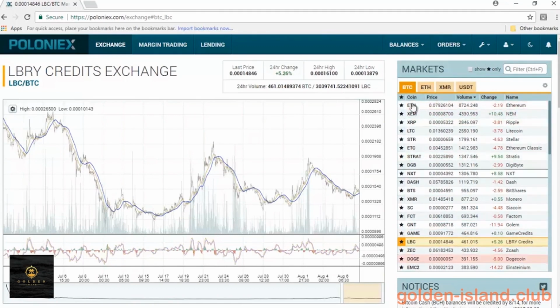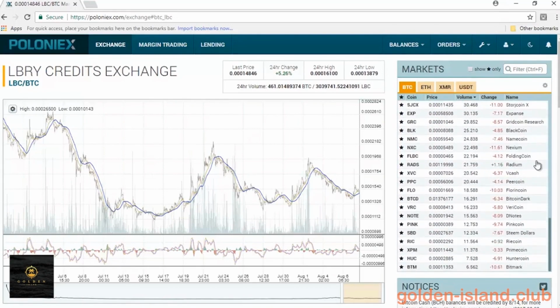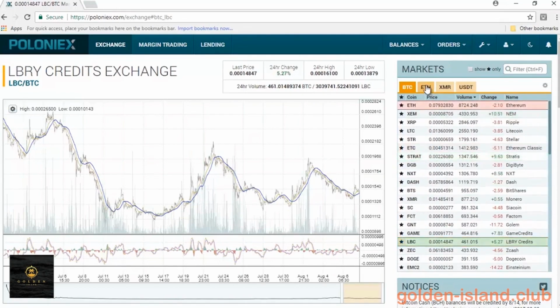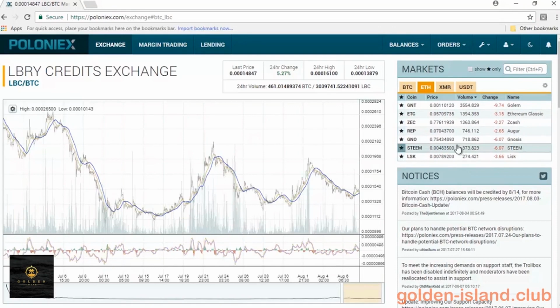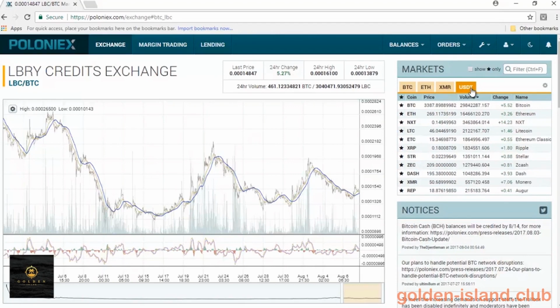Now, of course, Bitcoin is the largest market. And so you'll see various altcoins or different cryptocurrencies that you can trade using Bitcoin. Then Ethereum. There's a couple of options using Ethereum, trading directly with and from Ethereum. Then you'll see the options for Monero and the options for the Tether US dollar. So that being said, although there's different options that you can trade with, obviously if you want to trade directly